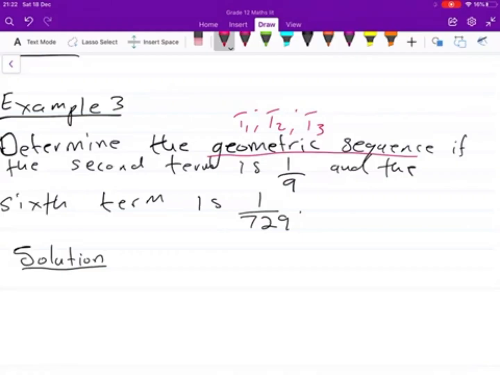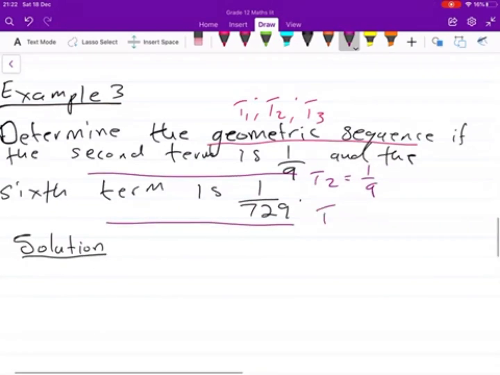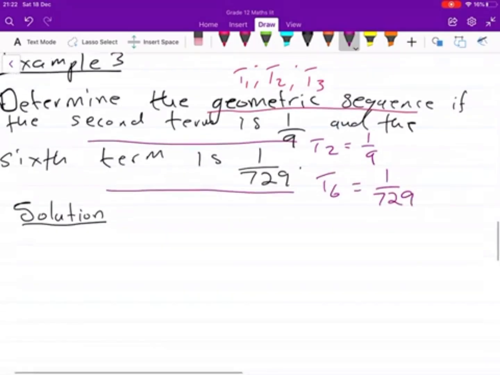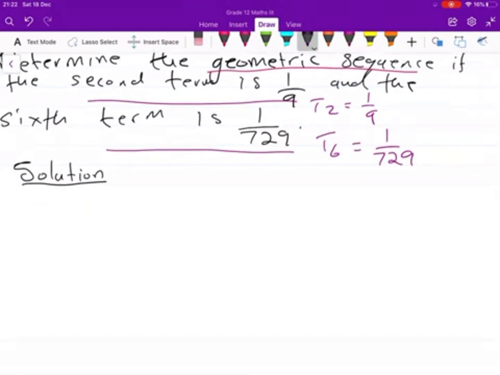So what did they give us? Well, they gave us the second term. They told us that the second term is 1 over 9, and also they gave us the sixth term, and they told us that the sixth term is 1 over 729. Let us just state, and this is how we usually approach the question, just state what you are given. We are given that the second term is 1 over 9. But we know in general that T2 equals ar. So since that is the case, this implies